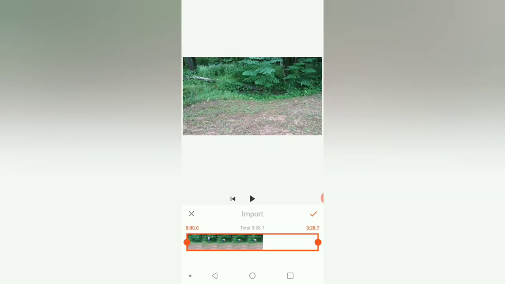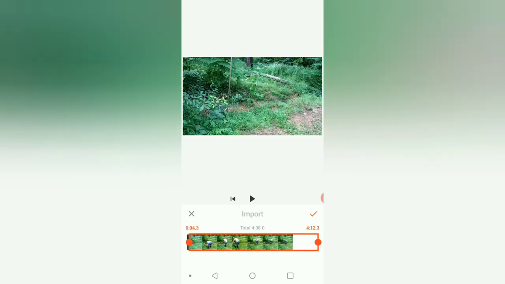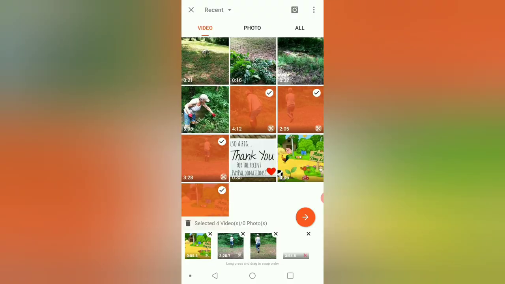If it's a really long clip, it will bring up this screen and allow you to trim it right there before you get into the actual editing environment. And if it's a shorter clip, it'll just bring it right up. See there? You can actually trim it right from this screen if you want to where you think you want it to start and stop. And then just click the little red check mark, and then you can continue adding more clips or photos or